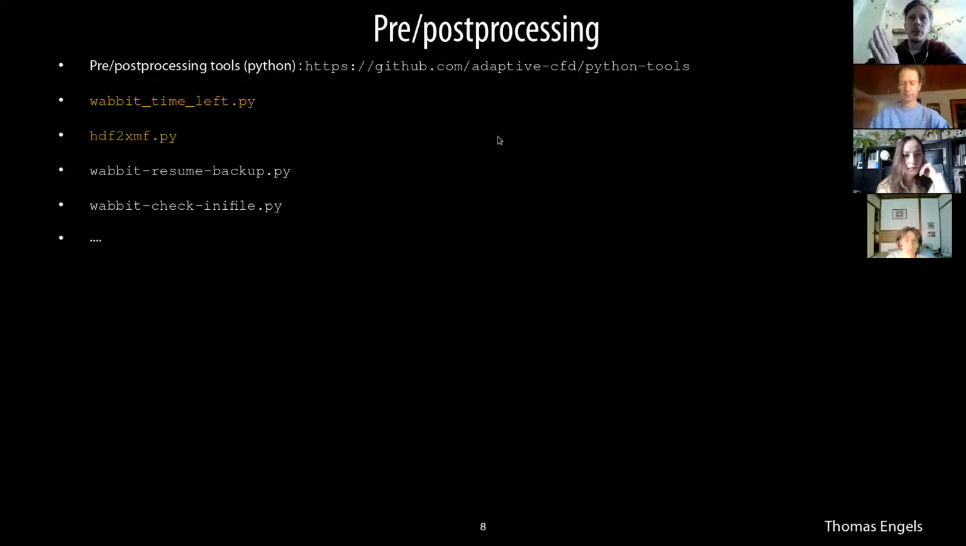So I wanted to start with the pre and post processing. You have this collection of Python tools, which is also on GitHub, and you can download it the same way you download the adaptive code itself, and it contains a lot of useful scripts that we use to pre and post process the code. For the pre-processing, probably the most important one is called WABBIT check INI file .py, which runs just a simple test and collects some